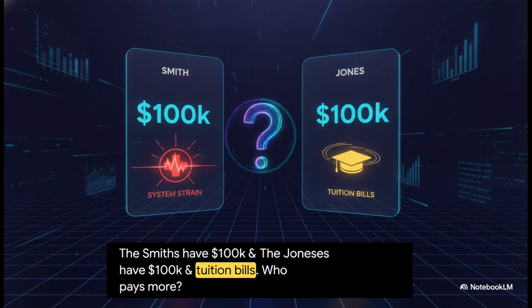And horizontal equity is honestly just as glitchy. Look at this classic dilemma. The Smiths and the Joneses both have a gross income of $100,000. Under strict horizontal equity, they should pay the exact same tax. But what if the Smiths have massive, unavoidable medical bills, while the Joneses are perfectly healthy but have huge college tuition bills for their kids? Do they truly have the same ability to pay just because their gross incomes match? Should the system give the Smiths a break for being sick, or give the Joneses a break for educating their kids? This exact dilemma is exactly why our tax code is thousands of pages long, completely filled with special provisions